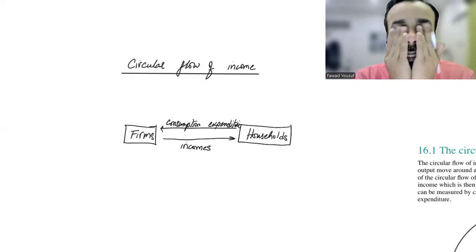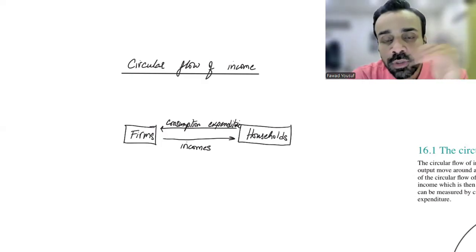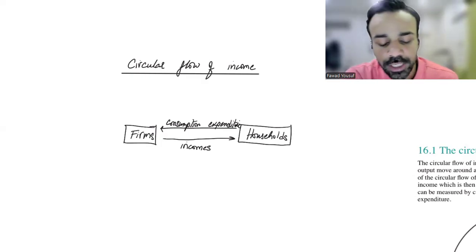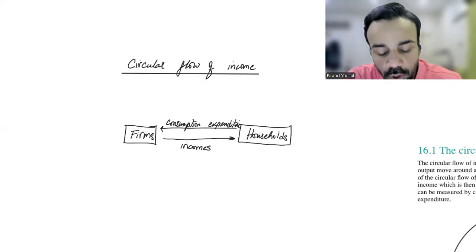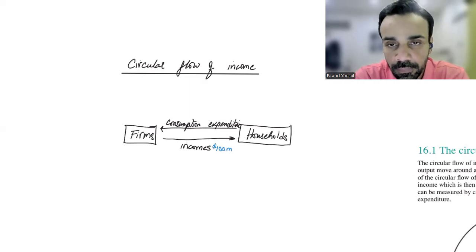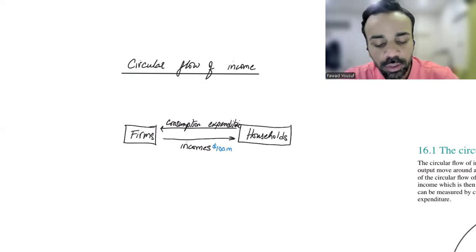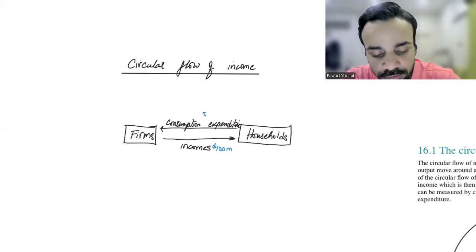ठीक है? अब होता क्या है? हाउसहोल्ड्स ने फैक्टर्स ऑफ प्रोडक्शन दिए, फर्म्स ने गुड्स एंड सर्विसेज प्रोड्यूस किए, लेट्स से $100 million के. ऑब्वियसली जो फैक्टर्स प्रोड्यूस हुए उसके बदले में गवर्नमेंट ने $100 million की इनकम्स पे की हैं. हाउसहोल्ड्स ने वो 100 million लेके गुड्स एंड सर्विसेज पे स्पेंड करके फर्म्स को 100 million की एक्सपेंडिचर दिखा दी.